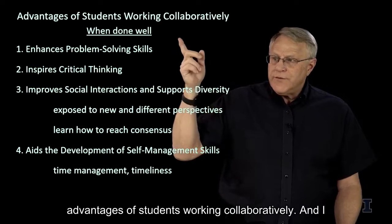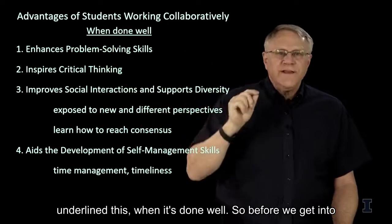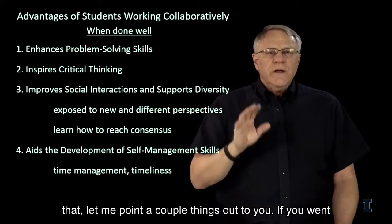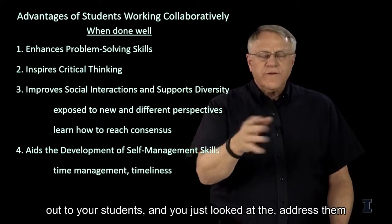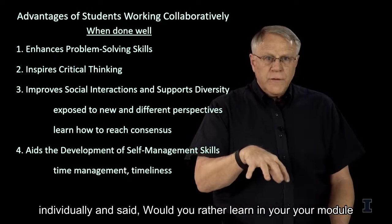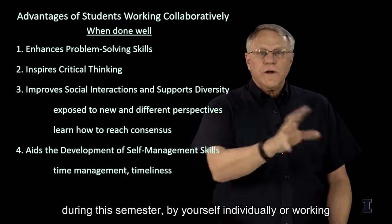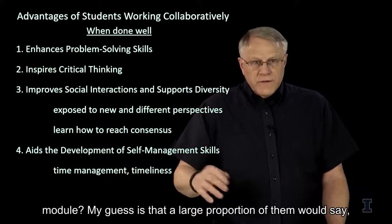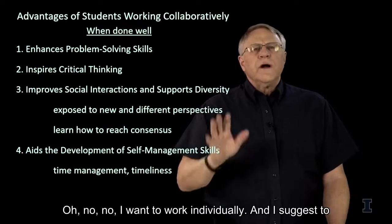Some advantages of students working collaboratively, and I underline this, when it's done well. So before we get into that, let me point a couple things out to you. If you went out to your students and addressed them individually and said, would you rather learn in your module during this semester by yourself individually or working collaboratively with your fellow students in the course and the module? My guess is that a large proportion of them would say, oh no, I want to work